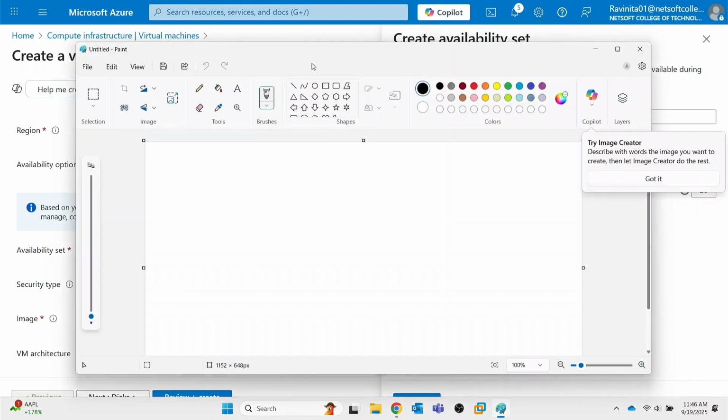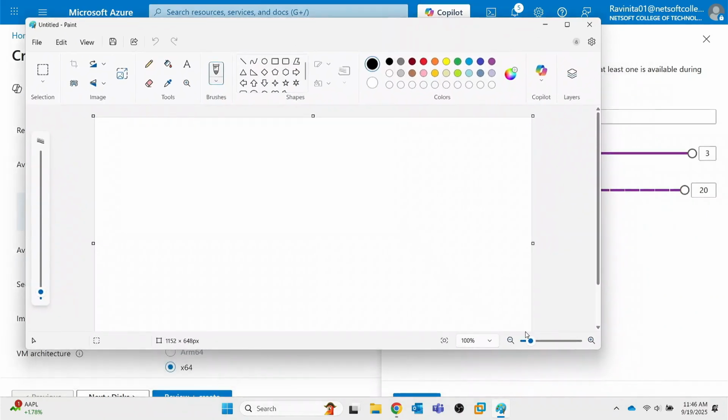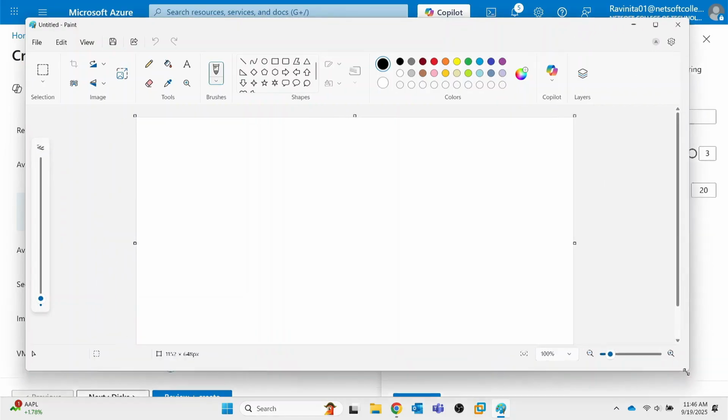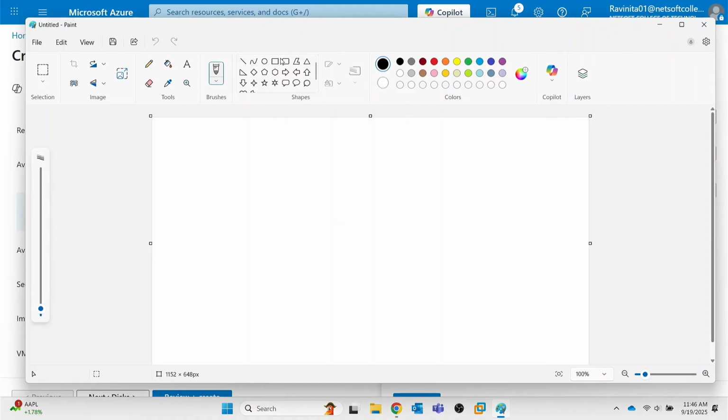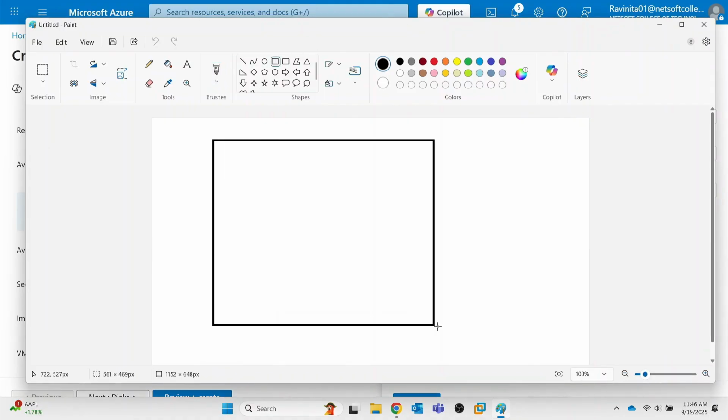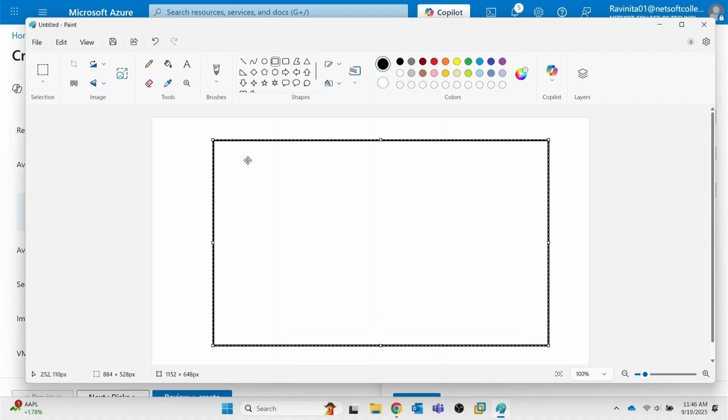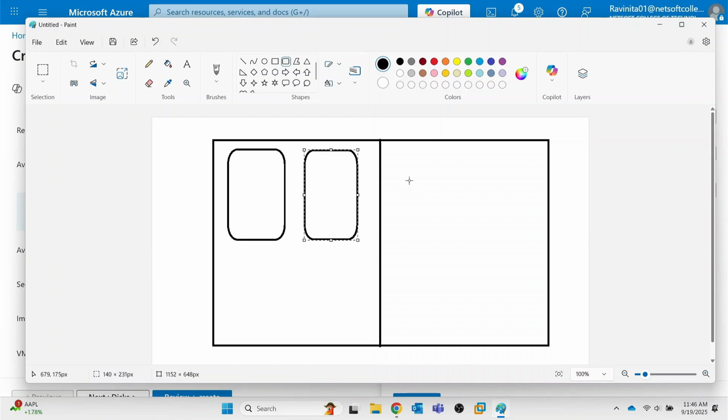I'll show you over here. Right now I could have opened a whiteboard as well, but just stay with me, okay? So imagine this is an Azure data center, one zone, one data center. And then there are multiple rooms in that data center. That is obvious, right? Multiple rooms. Every room will have multiple racks, like a lot of racks,